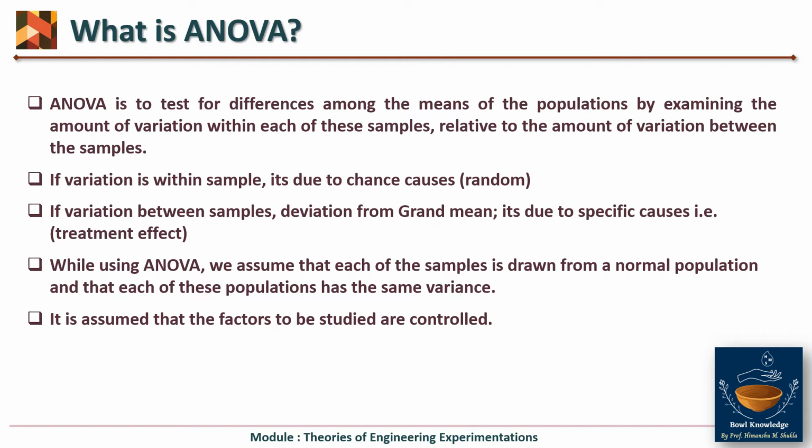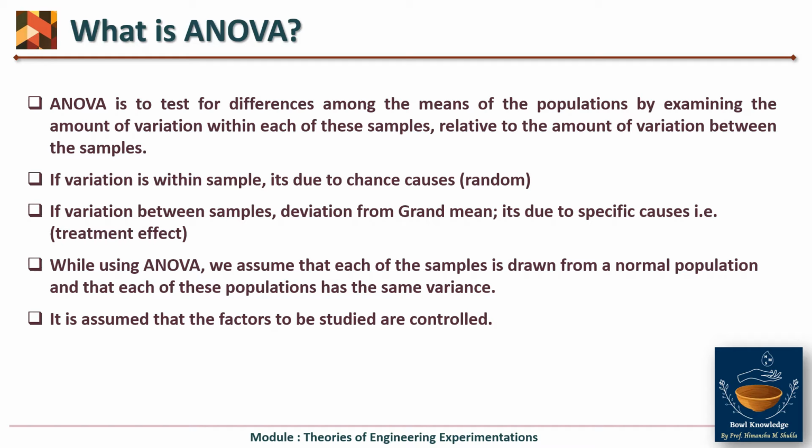If you have 4 samples and every sample has 10 articles in it, so total articles are 40. So the variation may lie within sample, that is you have 10 articles in that one sample, so there will be variation within those 10 articles, and sample to sample variation will also be there because there are 4 samples. So we are determining two things: variation within sample and variation between sample.